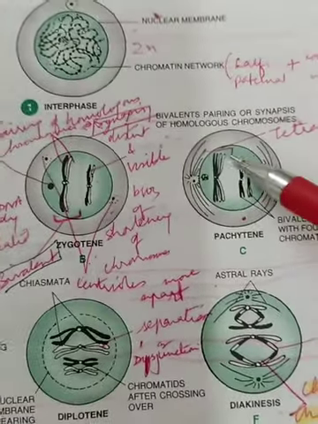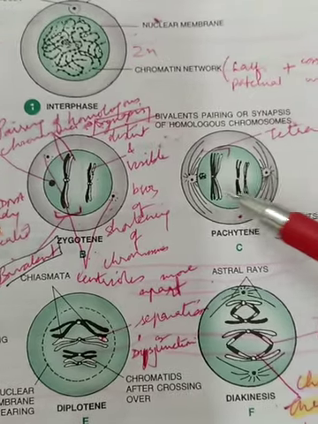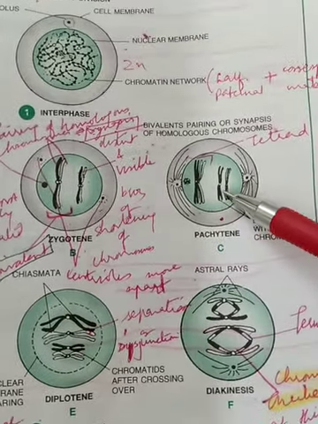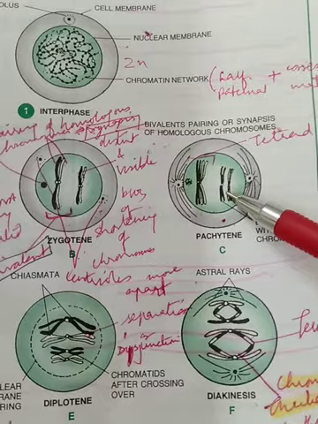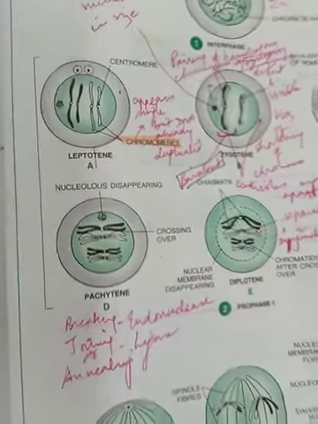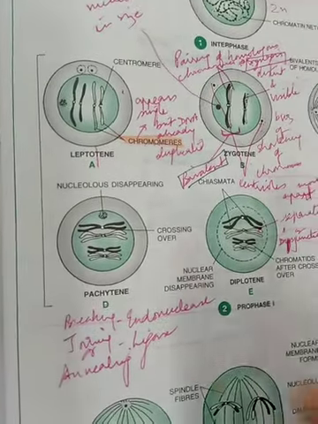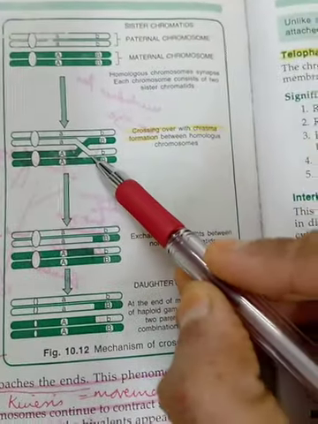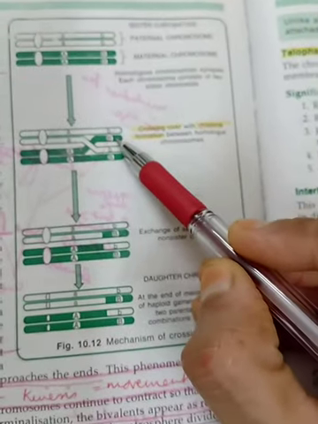Then further in Pachytene, the longitudinal division or the furrow divides the bivalent and makes it appear like a tetrad, which consists of 4 chromatids. Then in Pachytene only, what happens further is the crossing over and chiasma formation. Here I explained better, it was this, how it was crossing over and the chiasma formation.